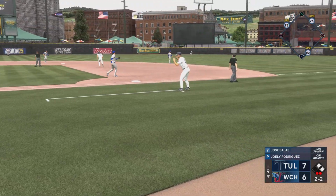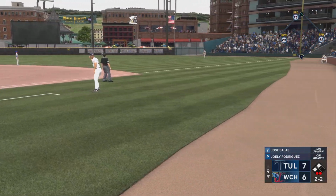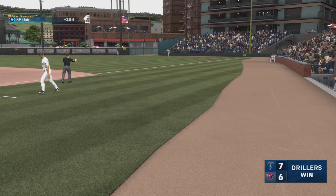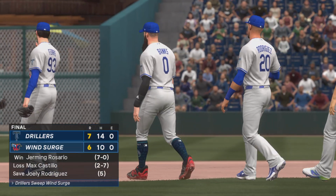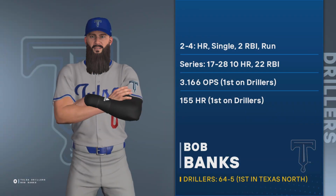In the air to right, and that should do it. Ball game. Banks just kept on rolling as he picked up his 250th hit of the